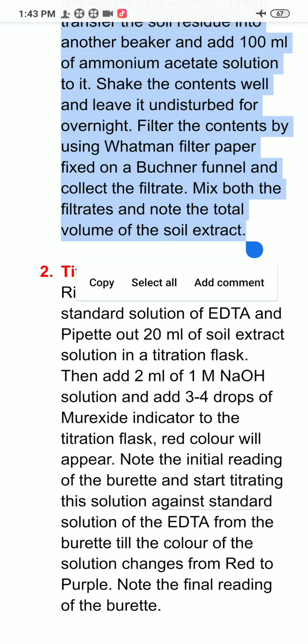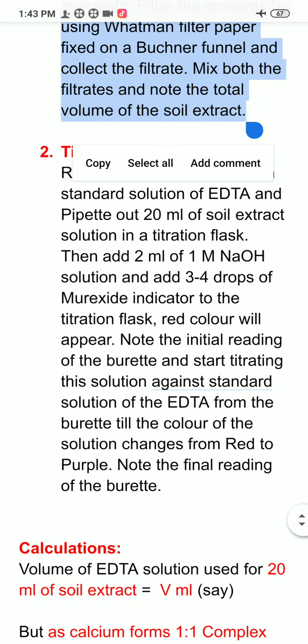Means suppose we are making a known volume like 200 ml, 250 ml, 500 ml. You can make any volume, but the purpose is that your volume should be known, and that is usually made in a measuring flask. Then after making the known volume of the given weight of the soil,